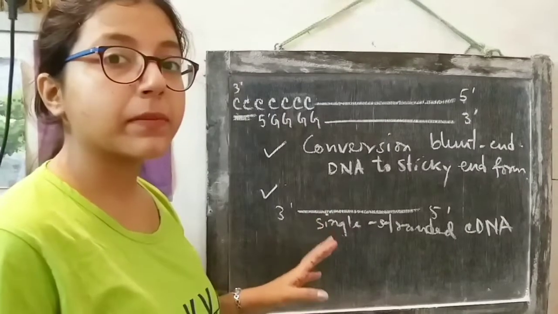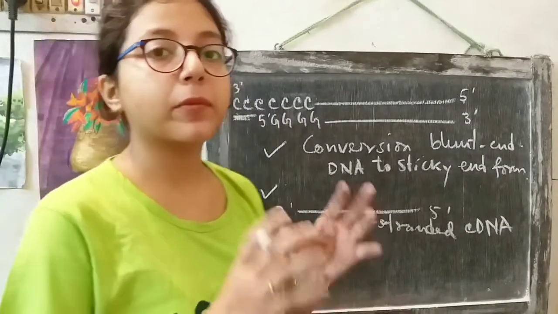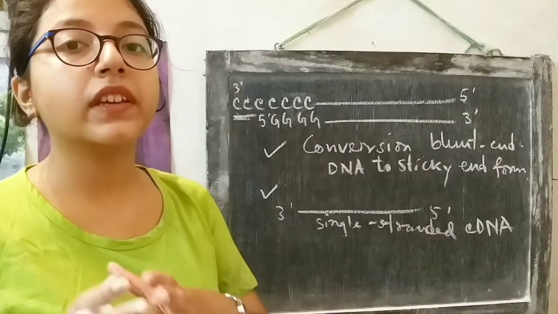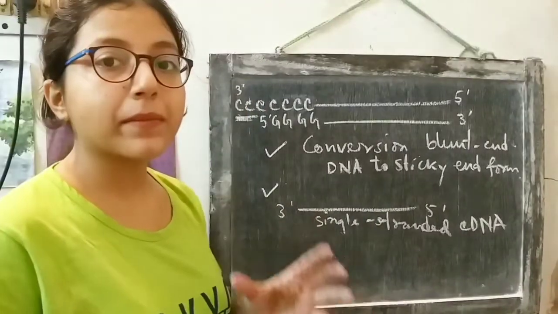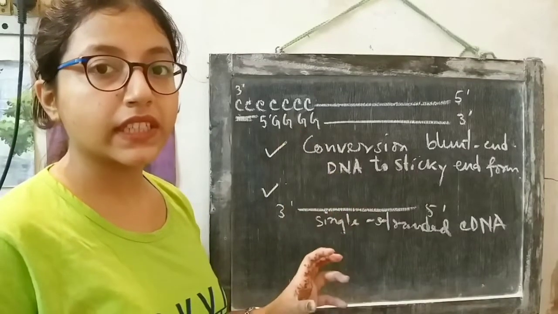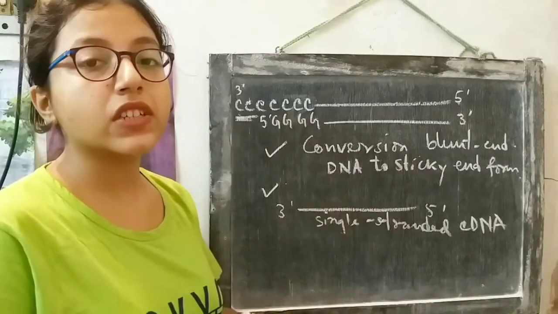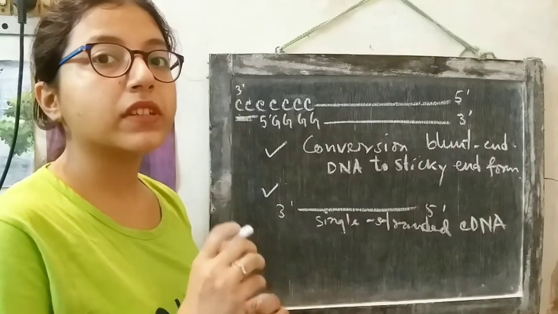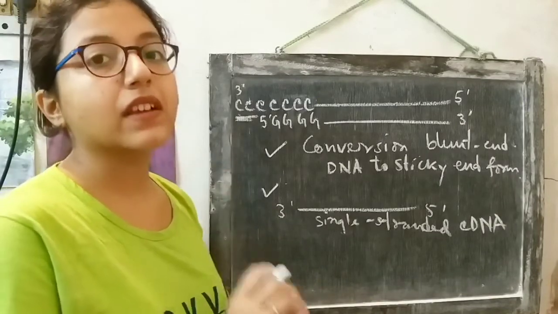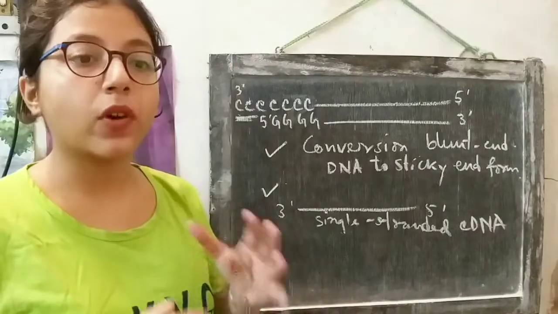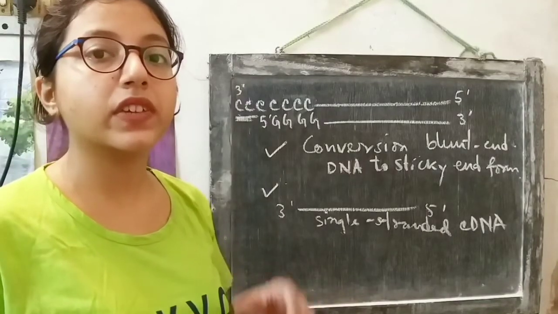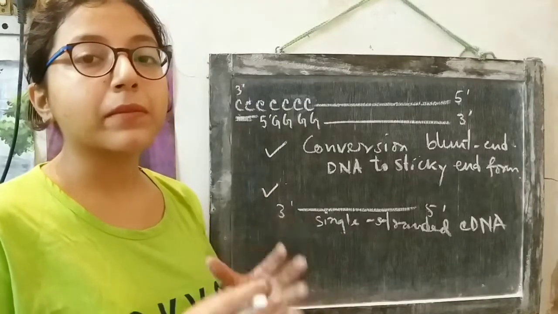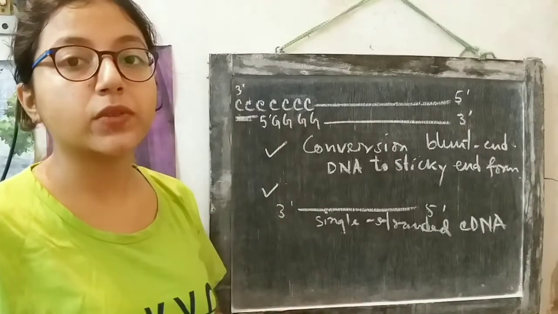The primers must bind to the appropriate sequence of the DNA, otherwise the end product will not be accurate. Primers bind to a particular site on the DNA and then only the initiation of DNA replication occurs. So primers must be complementary to the respective site, otherwise there will be errors. For the accurate synthesis of primers, we require DNA sequencing, otherwise primers will not be exactly complementary to the DNA.